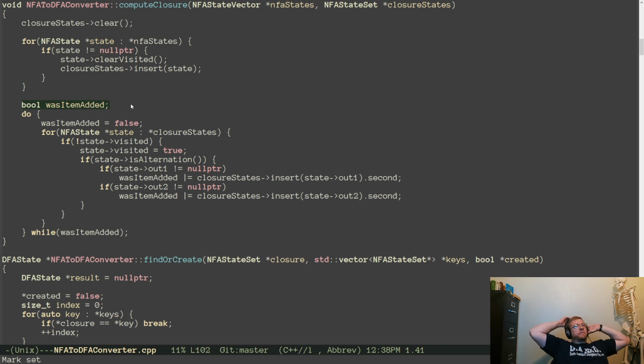Boolean wasn't an item added. If we add an item, we then have to take it into account in the closure. If the state was not visited, right, so this prevents us from looping forever. And the state is marked as visited. If it's an alternation, we insert 1 or 2.